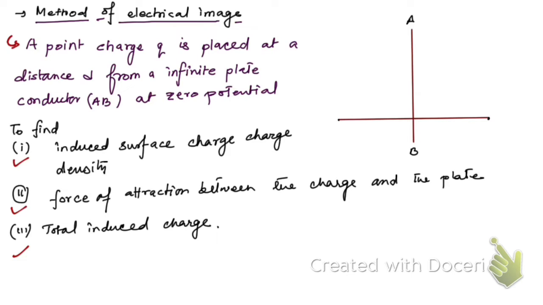So here suppose we have a charge q at a distance, suppose d, from this plate AB, which is at zero potential. Okay, this is an infinite plate conductor, and this charge is q, and this plate is at zero potential. Now you see